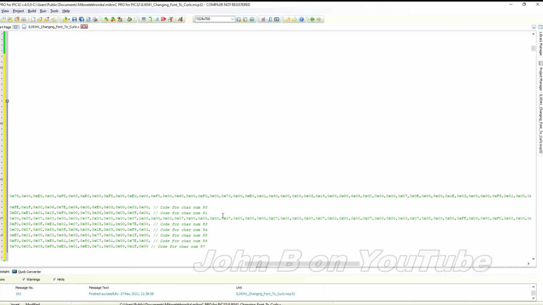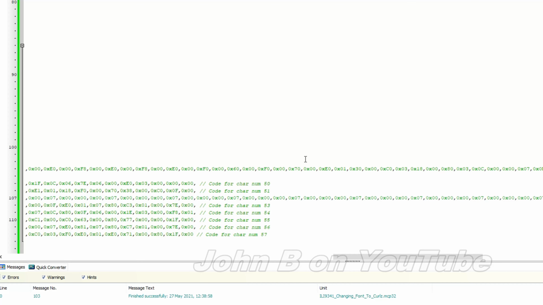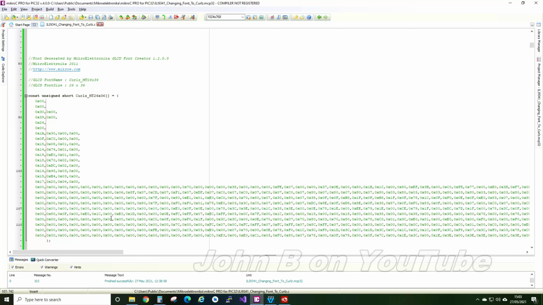Number 4. What happens in the conventional font when being written by Microelectronica's TFT library and not a custom routine like mine? All the empty columns it ignores. It does not copy them. So you could say, great, that saves you a ton of bytes, which it does. Saving all those nanoseconds there. Great. Except by the time you've written them, then had to blank them because they were being written over, had to blank them, rewrite them in the background colour. It's taking longer